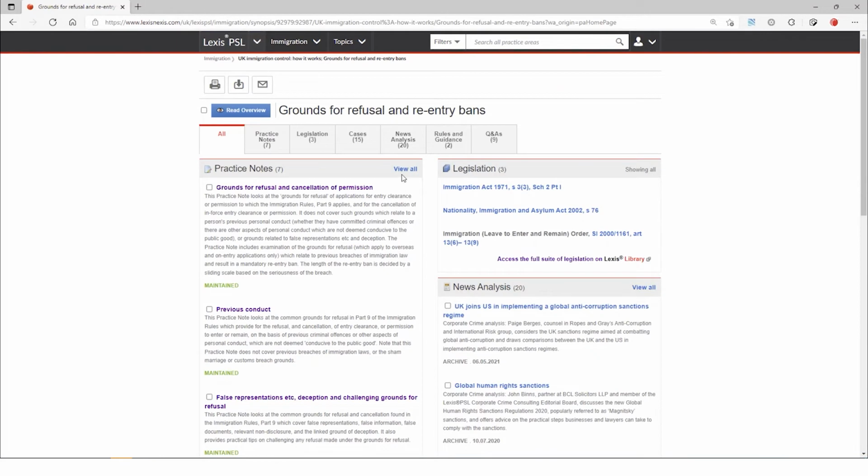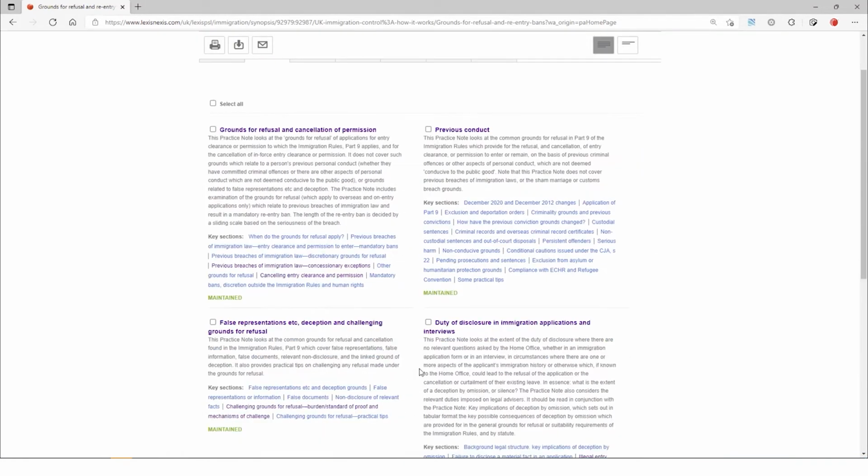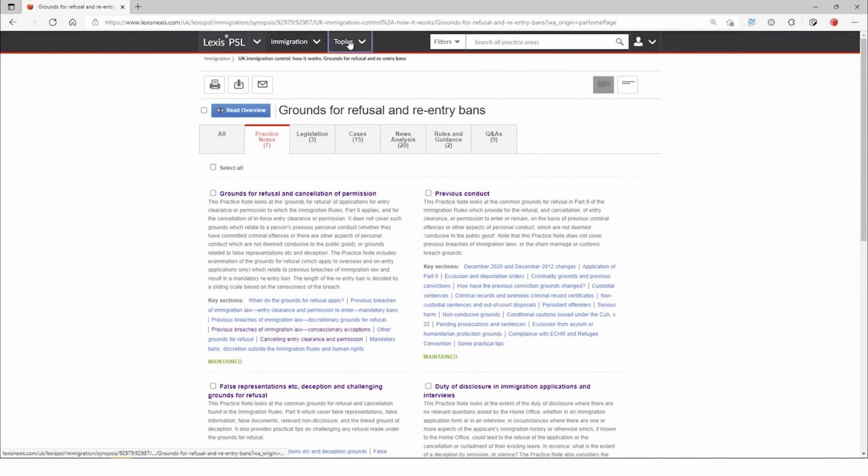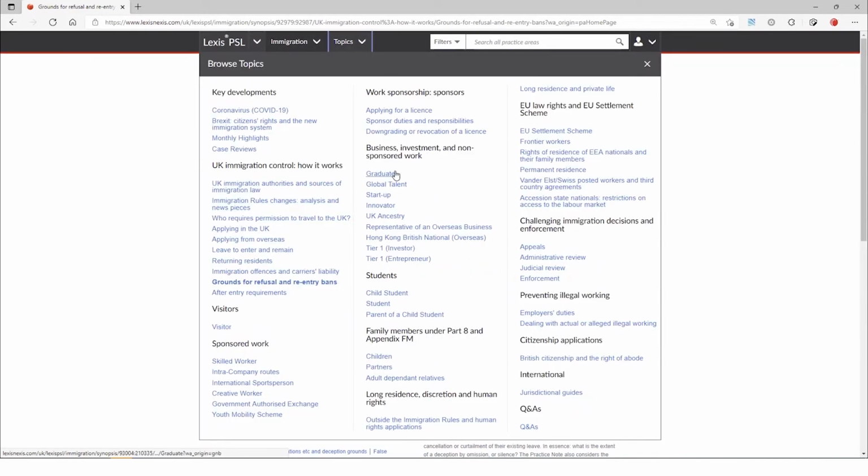Obviously, that's an important topic for practitioners, and we cover quite a lot of materials on that. Cancellation of permission and grounds for refusal, previous conduct, false representations, duty of disclosure, and so forth. We then cover all of the main routes of entry, so visitor, sponsored work, skilled worker, ICT, sports person, creative worker, and so on. Then we have materials on sponsorship, applying for a license, sponsor duties and responsibilities, downgrading or